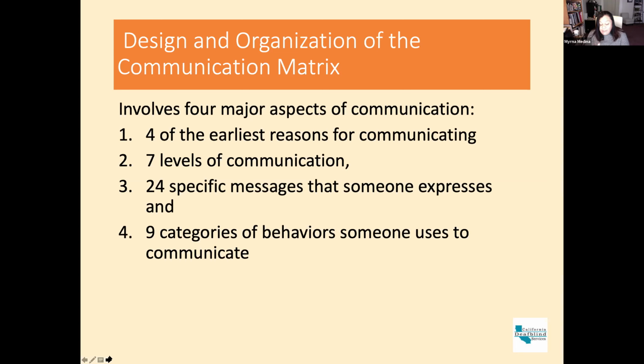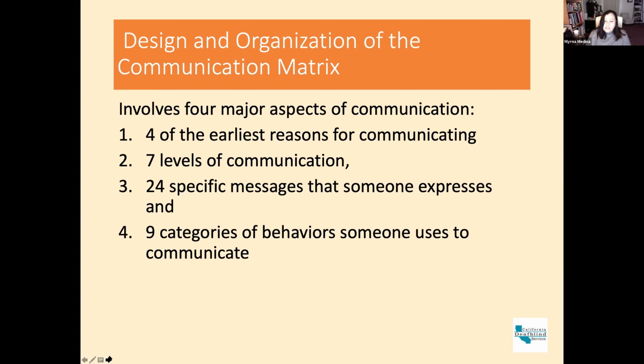I know it's a lot of information, but just to give you an overview of it, it involves 4 major aspects of communication. 4 of the earliest reasons of communicating, and these are the 4 that I told you at the beginning. It's to refuse the things that we don't want, to obtain the things that we want, to engage in social interactions, and to seek or provide information. So those are the